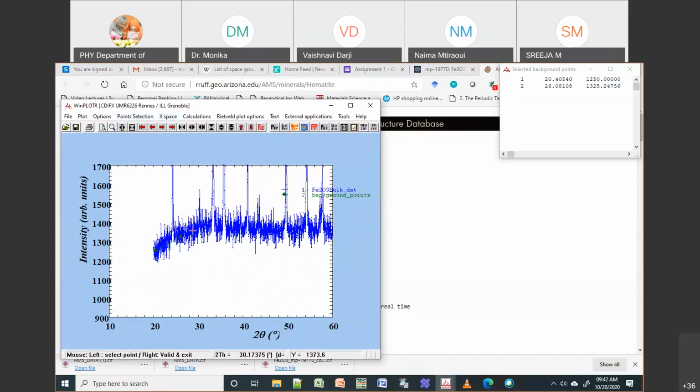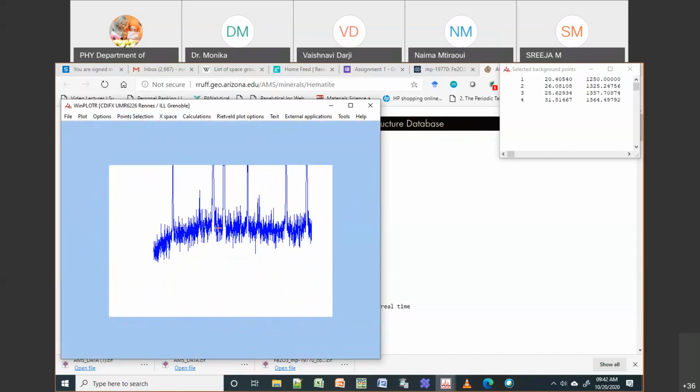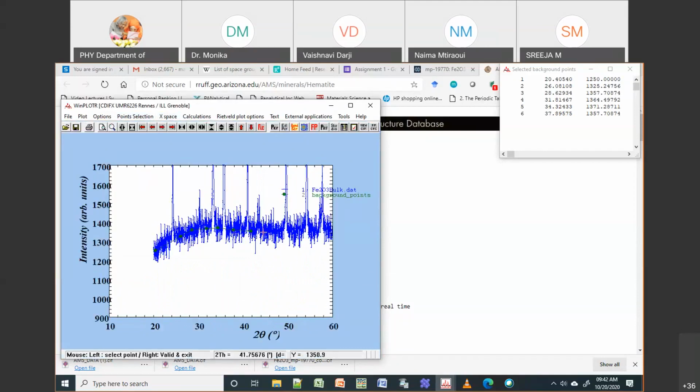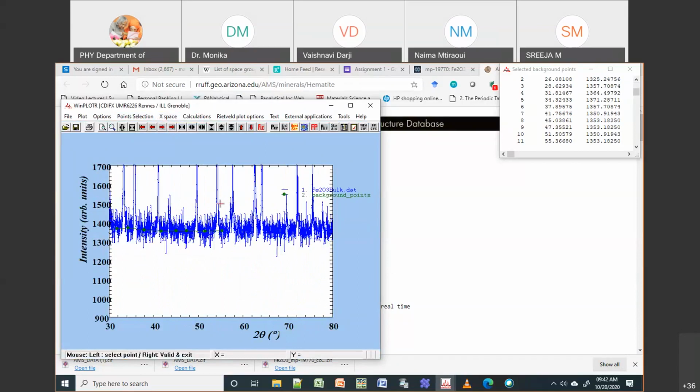So I'm going to select your background points. You can get better data if I collect this for longer time. We didn't collect for a long time, so that is why it is having a lot of noise here.